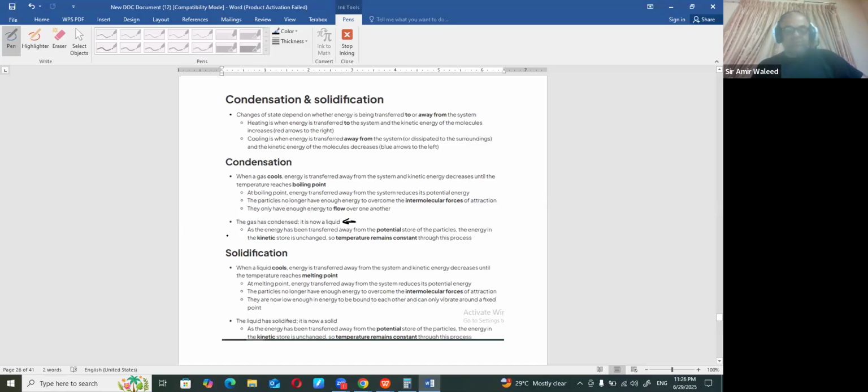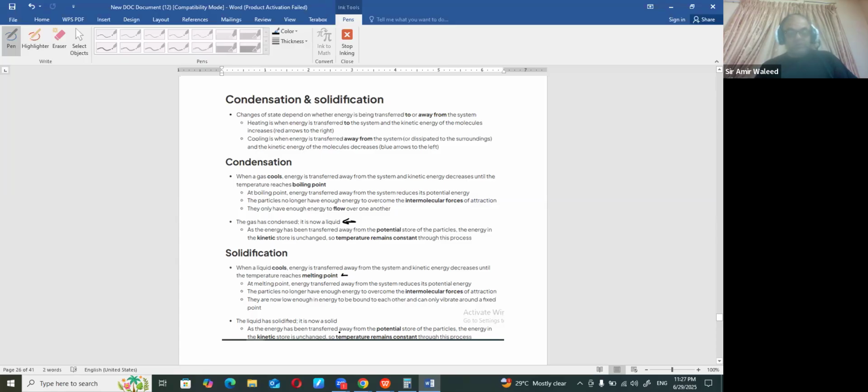As the energy has been transferred away from the potential store of the particle, the energy in the kinetic store is unchanged and the temperature remains constant throughout the process. Solidification. Now, when a liquid cools, it goes from liquid to solid. Energy is transferred away from the system and kinetic energy decreases until the temperature reaches the melting point. So you're going backwards. The liquid has solidified